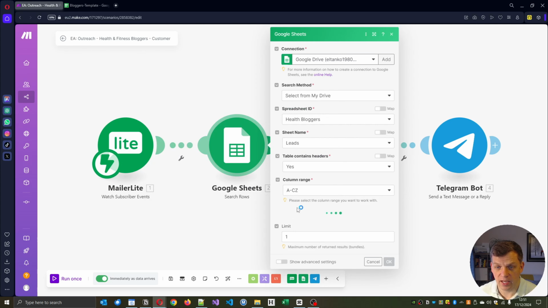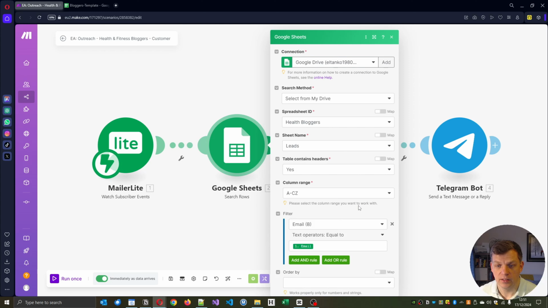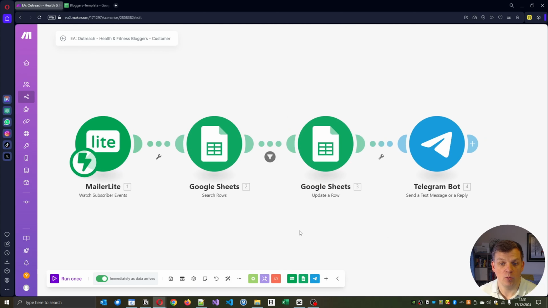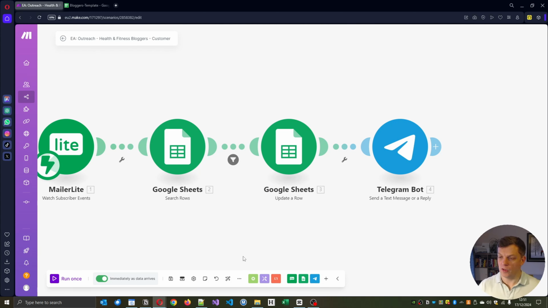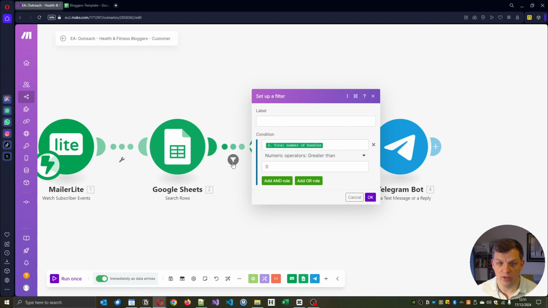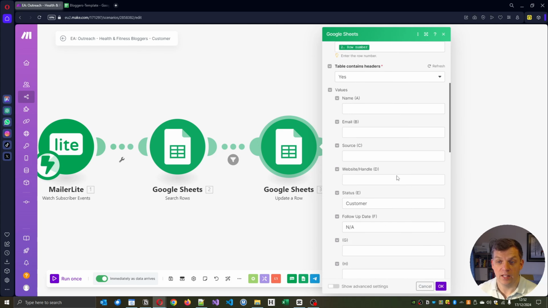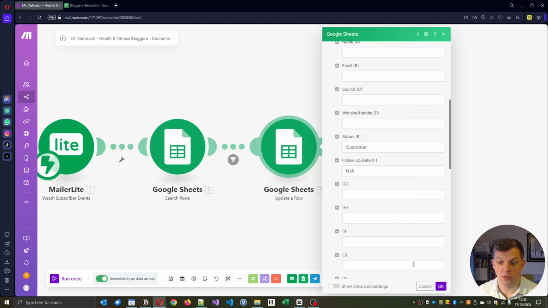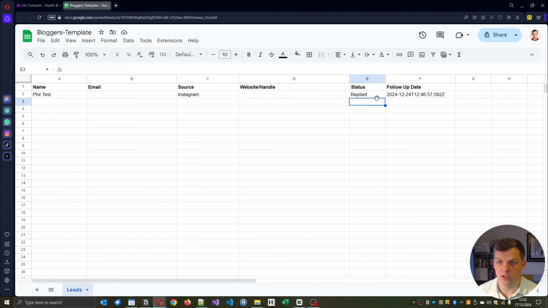If they have, again, we go and try and find their email address. Now, we might be getting signups from the website and other campaigns automatically anyway, so we want, again, another filter to make sure that it's returned someone on the spreadsheet. So if we've got a sign up, but they're not from this email outreach campaign, we don't want to do anything with them. We just want to end the flow. Then if we do find someone, we want to update them to become a customer. So then in the spreadsheet, it would